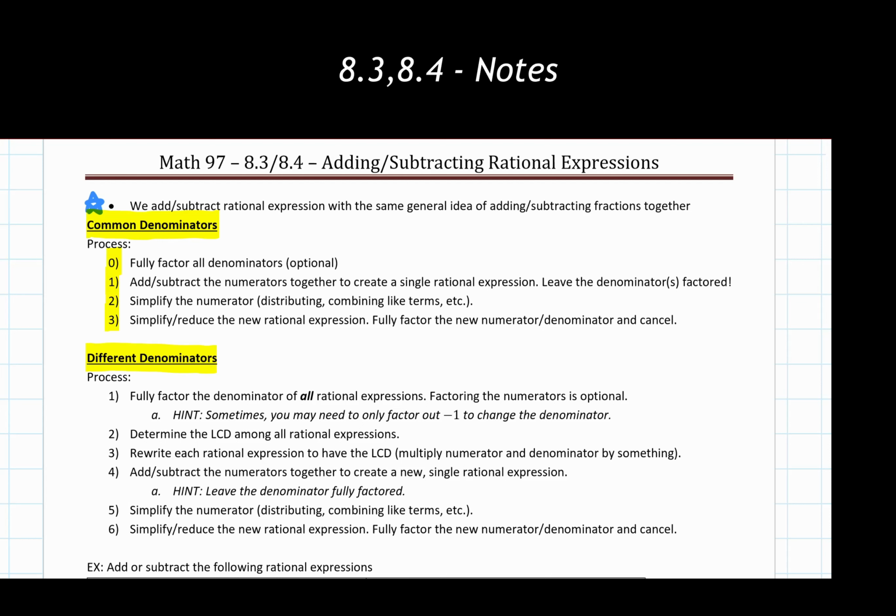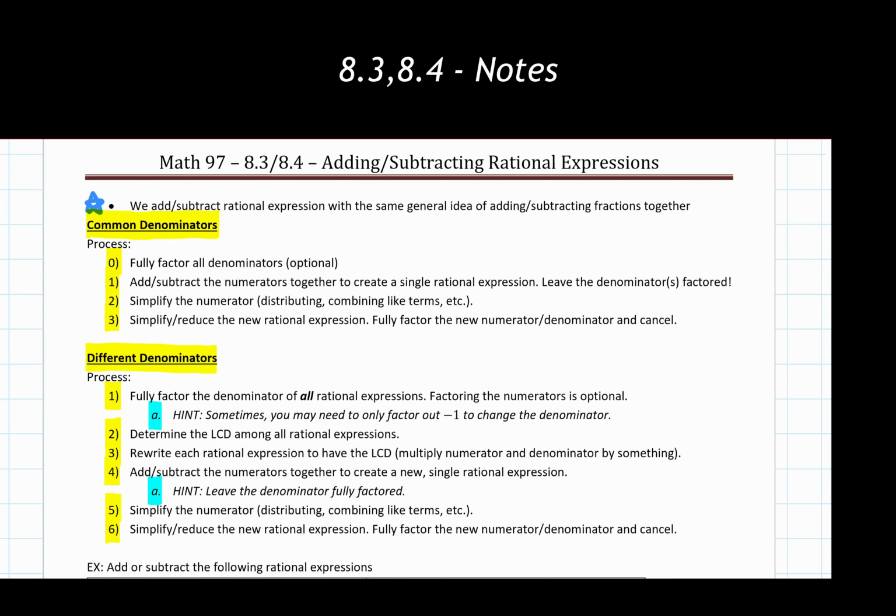So moving on to our arguably trickier but more common scenario where we have different denominators, this is where we have to do some setup work for ourselves. So our process we have written out here, again, I'd recommend, if necessary, pausing the video and writing these steps down for yourselves. There are a couple of hints in here which we'll go through, and we'll see an example of as well.